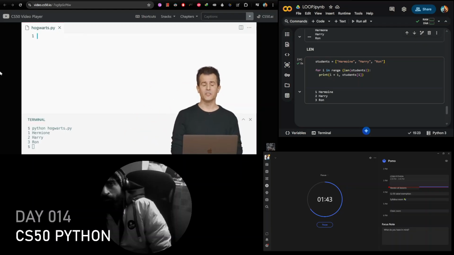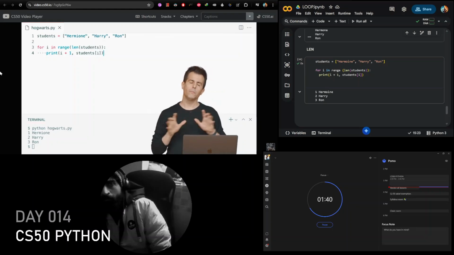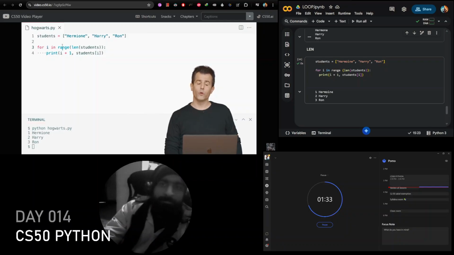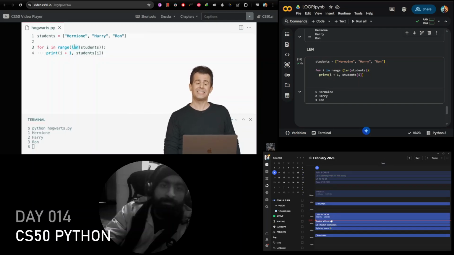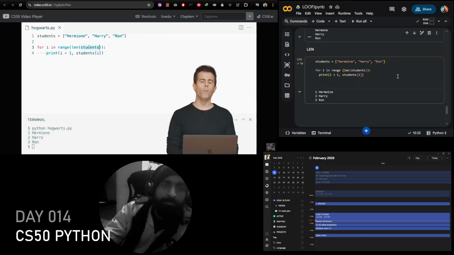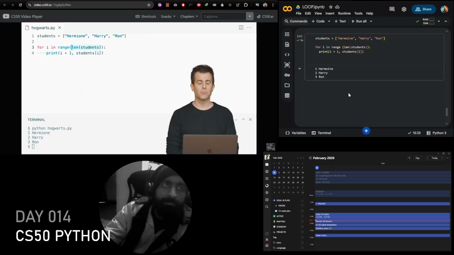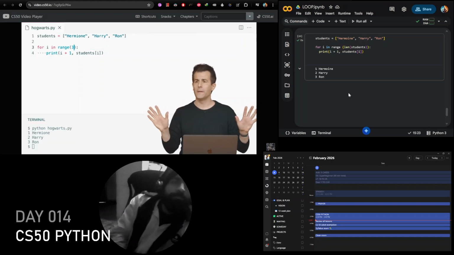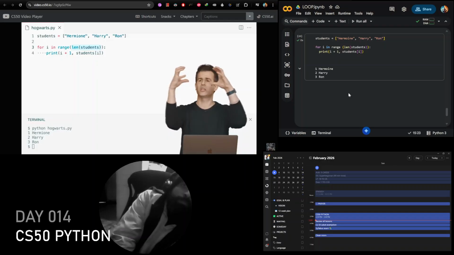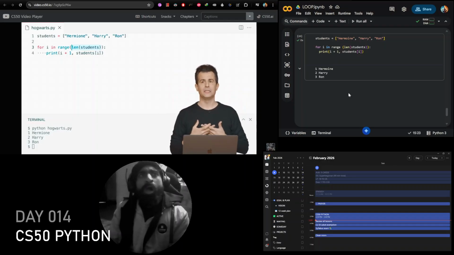If we now fast forward to this Hogwarts example, what I'm doing is just combining these smaller ideas. I'm still creating a for loop. I'm still creating a variable called i. I want to do it over a range of values, but how many values? Well, if I use the length function and pass to it the list of values, length's purpose in life is to tell me how long this list is, and it's 3. That's almost as though before I had just done something like this, but I don't want to hard code 3. I want to dynamically figure out how many students are at Hogwarts. So I'm just composing, or nesting, all of these various ideas.